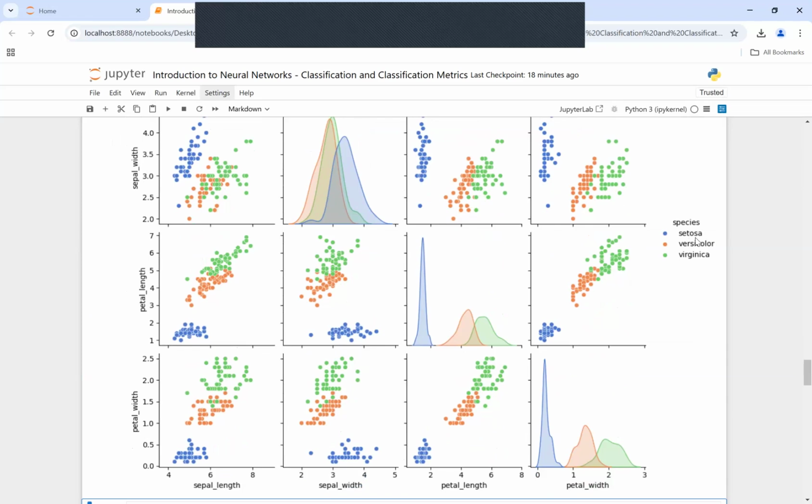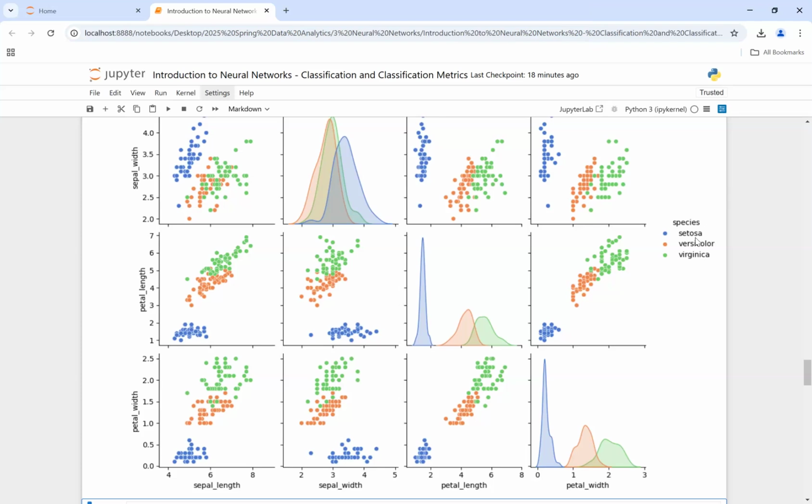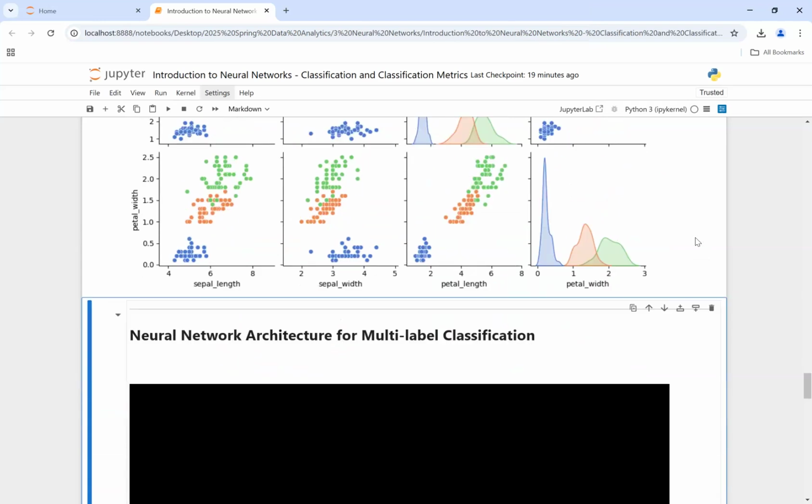So what we want to do is construct a neural network classifier that digests this information so that it can make a prediction on new data points. If I fed that neural network inputs related to sepal length, sepal width, petal length, and petal width, it would be able to tell me what the subspecies label is. All right, so let's proceed